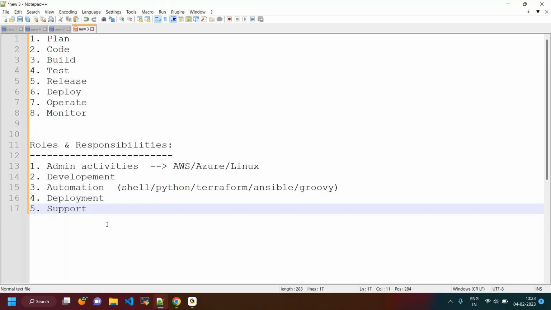It's based on the timing. It might be small or big, whatever it is. If it's an emergency, what is their priority? How much priority are we going to give to this particular support activity for that particular error or issue? In production, whenever you deploy your applications to the outside world, customers are going to be using our product. Take Flipkart, for example. This Flipkart application is used by a lot of people within the world. It's not about the country, it's about the world.